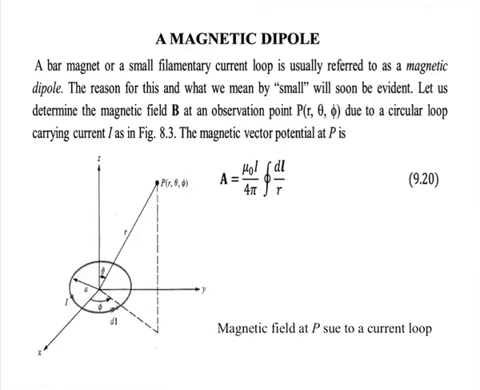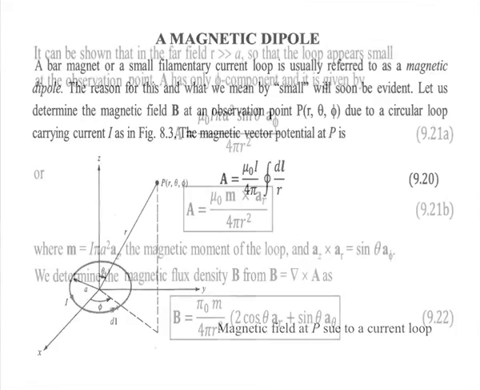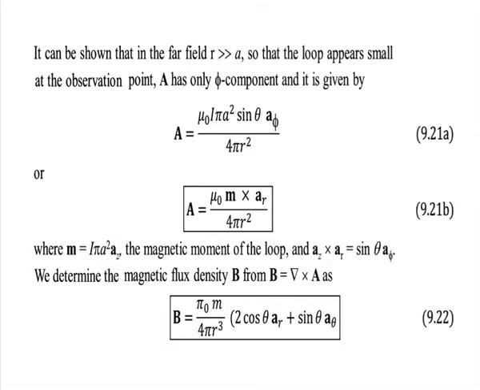The vector magnetic potential at P is given by equation 9.20. From the figure, it can be seen that the radius A is very small in comparison to the distance r, and therefore for r much greater than A, the loop appears small at the observation point, and A has only the A phi component, and it is given by equation 9.21a. And on simplifying and putting the value of M, we get the expression 9.21b, which is A is equal to mu naught M cross AR upon 4 pi r square,